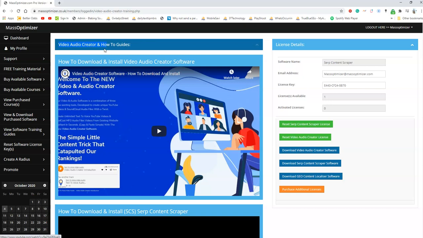So once you've purchased the video and audio creator software, you'll be redirected to the training area once you have completed the payment via PayPal. Once you're in the training area, I've created a video on how to download and install the video audio creator software. So what we're going to do now is take you through the steps of downloading and installing the Serp